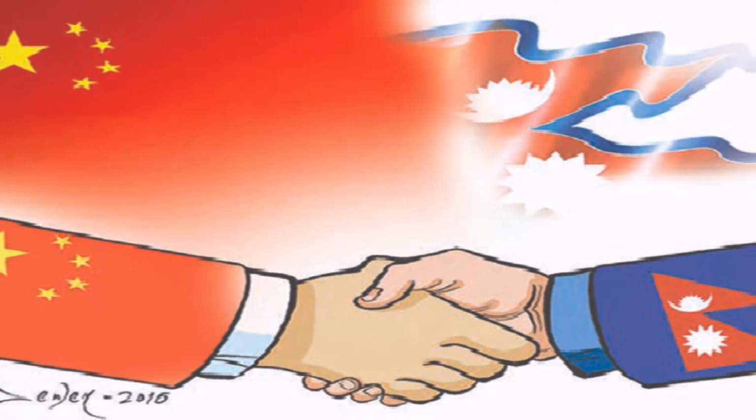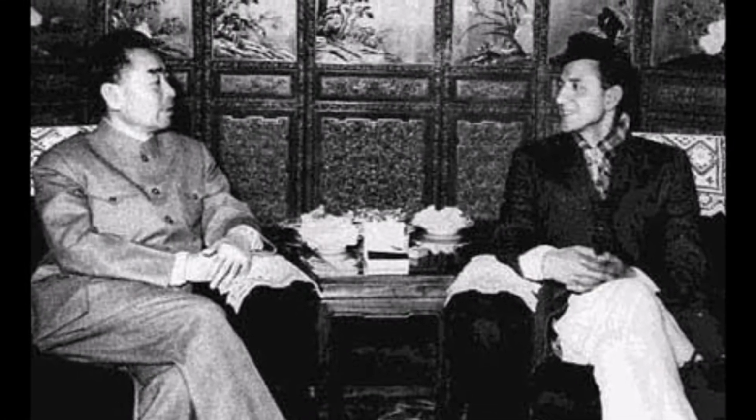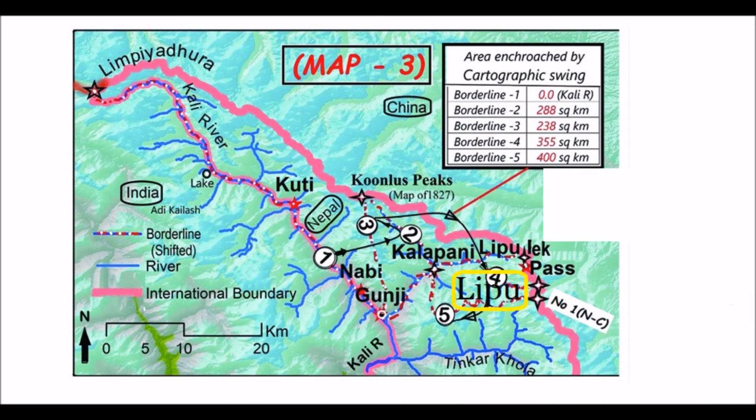In number 5, we have the Nepal-China Treaty of 1961. During King Mahendra's visit to China, he made a border treaty with China. The Nepal-China Border Agreement Treaty of 1961 marked pillar number 1 at the junction of Lipu, Tinker and Karnali watersheds,